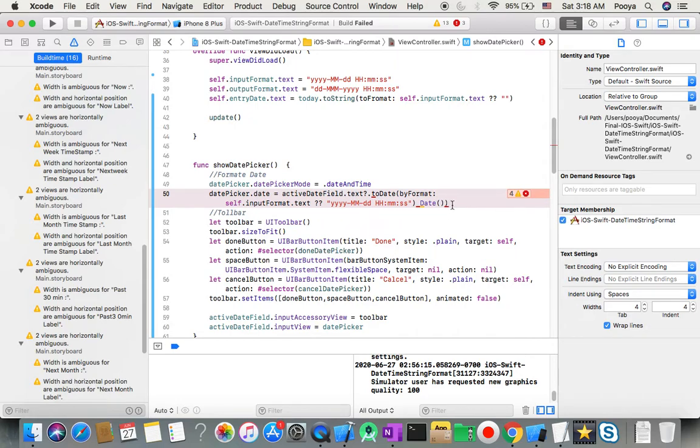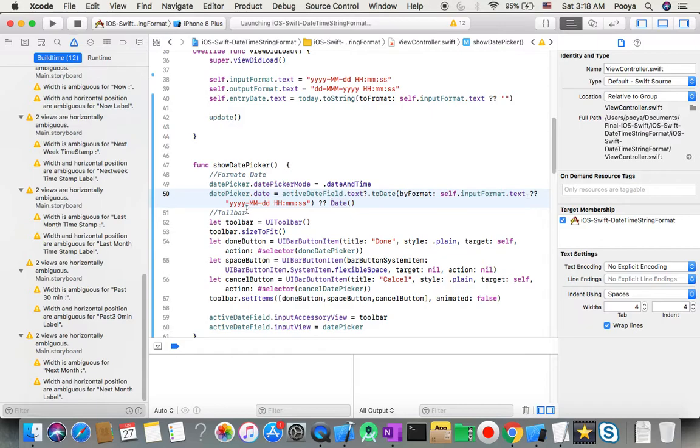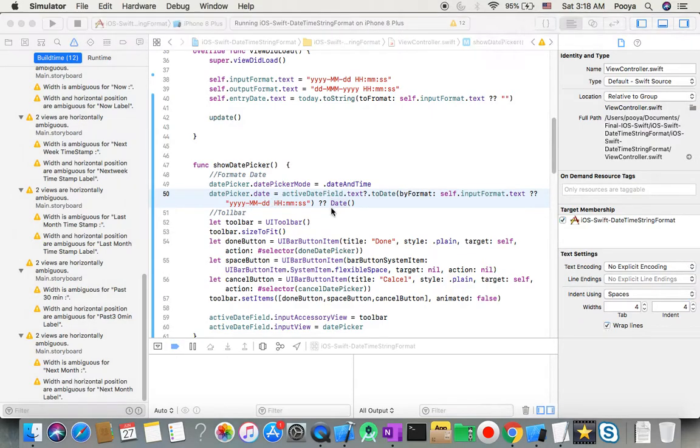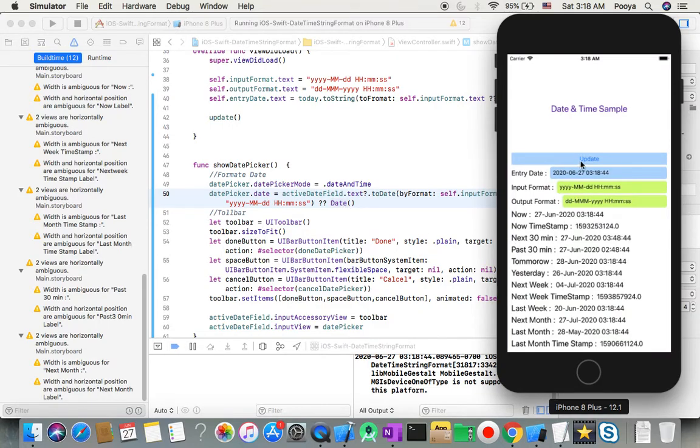So here I got this activeDateField text converted to date, and if it's optional, we got this format or this format. Okay, so since we run that one, you will see, yes, here we go,